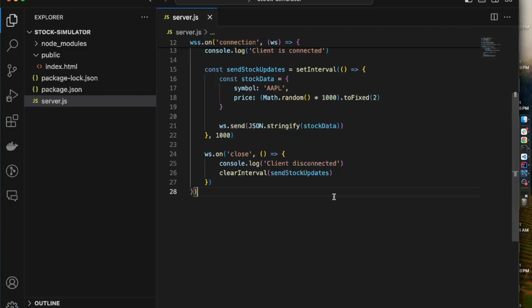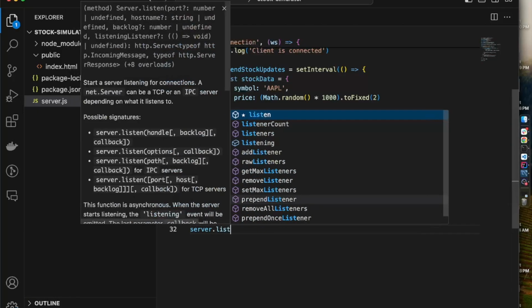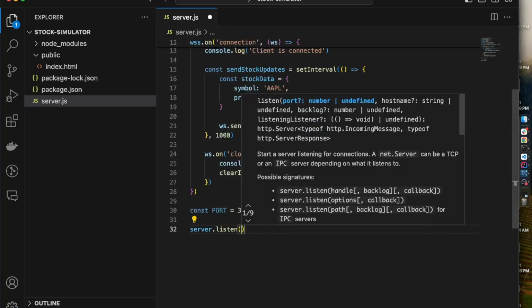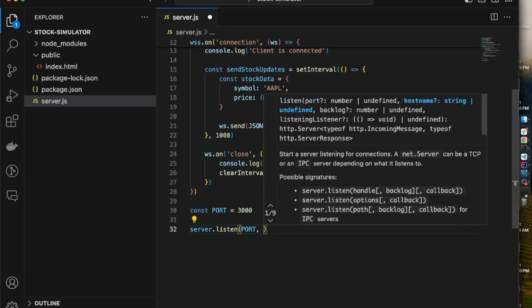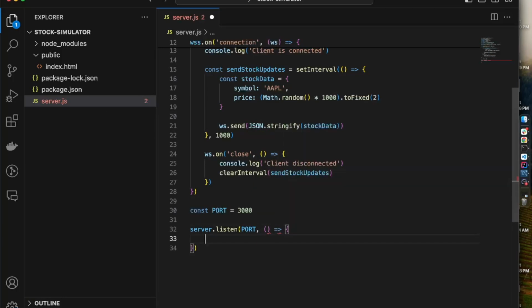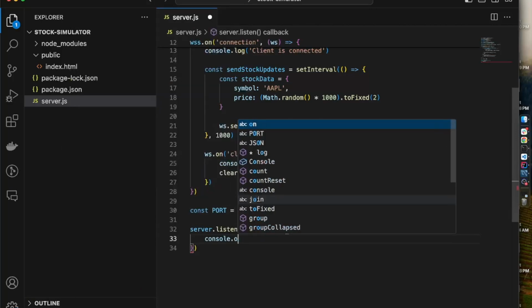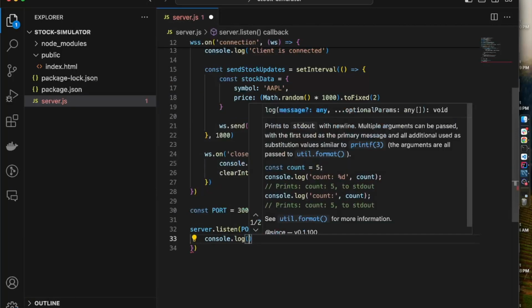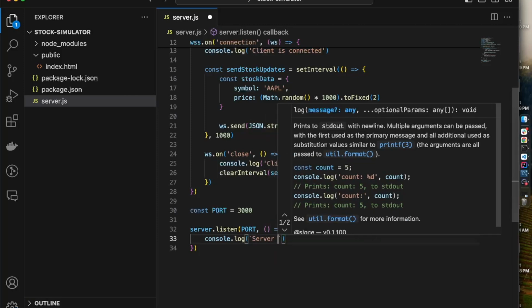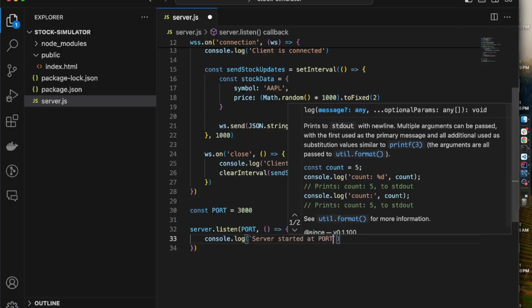We need to actually start our server. Up to now we have defined the behavior, but now we actually need to start our server. So let's define a port here first. Let's call it port 3000, and we'll say server.listen and pass the port here. My bad. And we'll pass a callback here, and say console.log "server started at port"